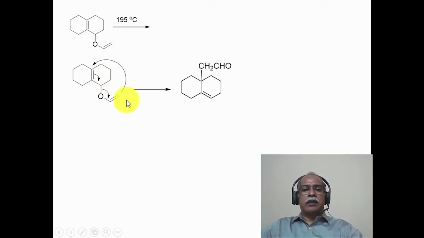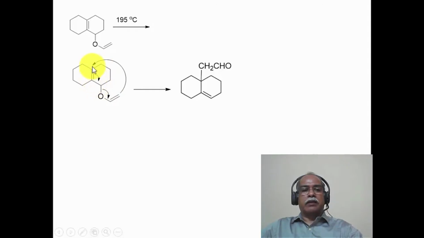Because it is allyl vinyl ether, this is clearly a Claisen system. The Claisen rearrangement is what will take place under this condition. The Claisen rearrangement is represented by means of mechanistic arrows to show this transformation in this manner. That results in the transfer of this vinyl oxy group onto the